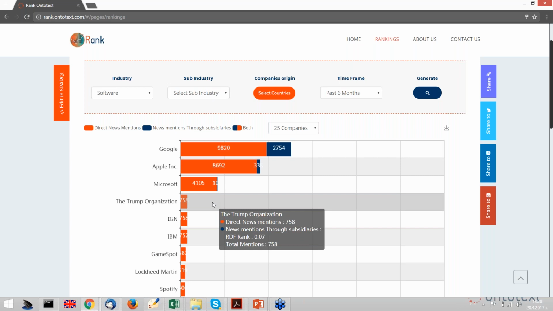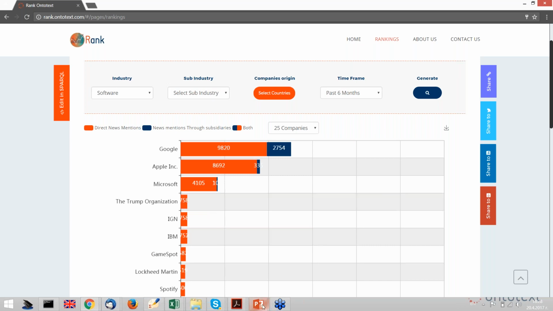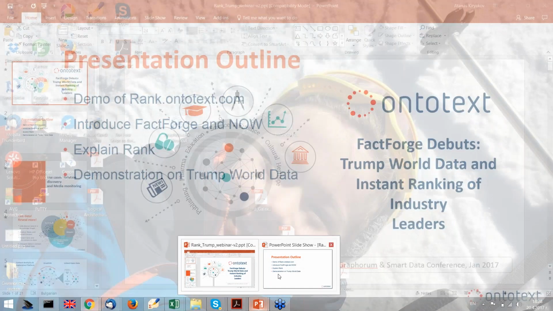The first time when I got this result, I checked it, and they had just registered one of the holding companies within the group as being active in all sorts of industries. And we get information directly from Wikipedia, so we can't do much about it. But we have sort of gotten used in the last 6 months to see Trump everywhere. So yeah, I think that's enough as demonstration, and I'll switch back to the presentation part